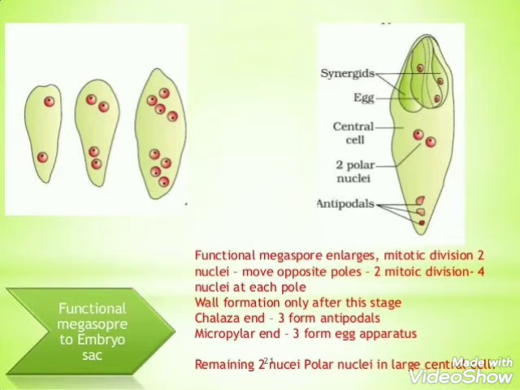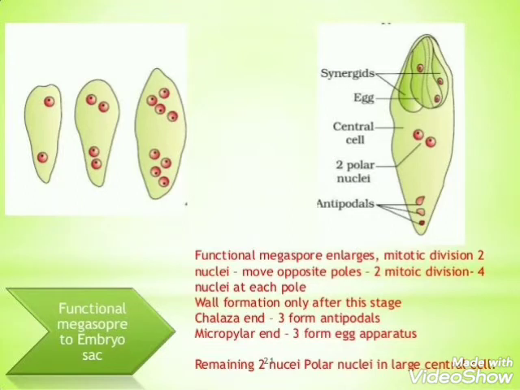The megaspore is the first cell of the female gametophyte. The megaspore increases in size and its nucleus divides mitotically into 2 nuclei, which move apart to opposite poles. Thus, a 2-nucleate embryo sac is formed. The 2 daughter nuclei undergo another mitotic division, giving rise to the 4-nucleate stage. The third mitotic division gives rise to an 8-nucleate, 7-celled embryo sac.